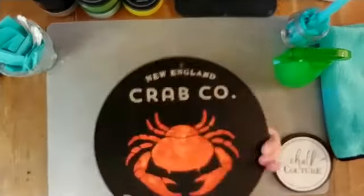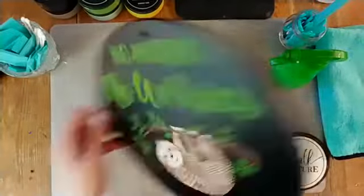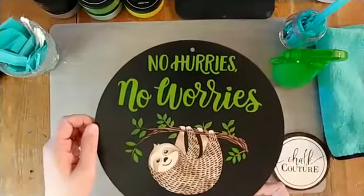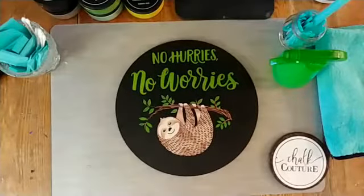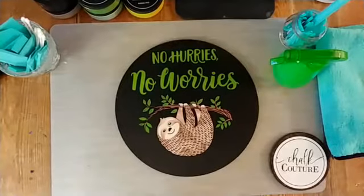Cool. So this is our 10-inch double-sided, so I still have my crab on one side, but now I can hang him up, no hurries, no worries side, till I'm ready to redo the crab. So there we have it. All right, that one was cool. All right, so next,